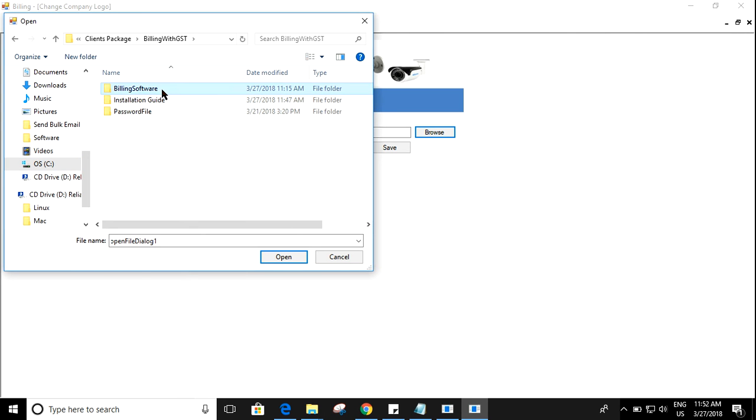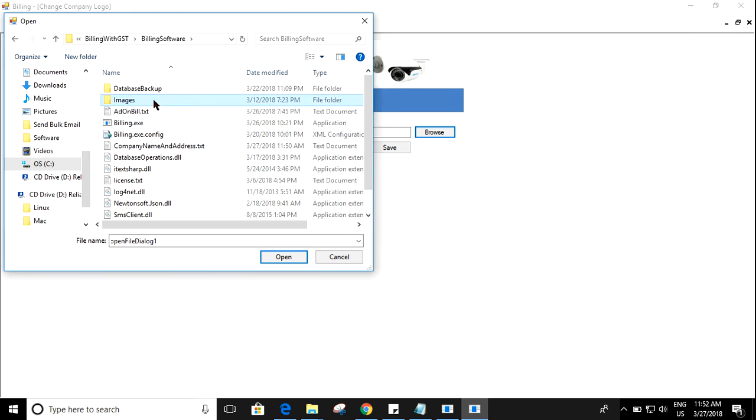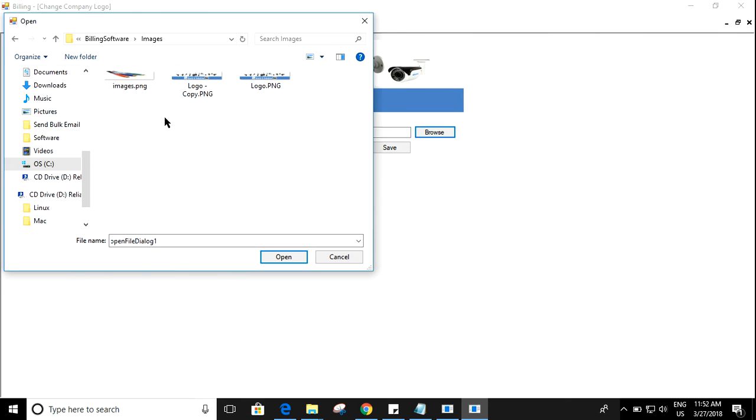Billing.txt, billing software, images. Yes. So here I can see that there are more logo files that I have kept.